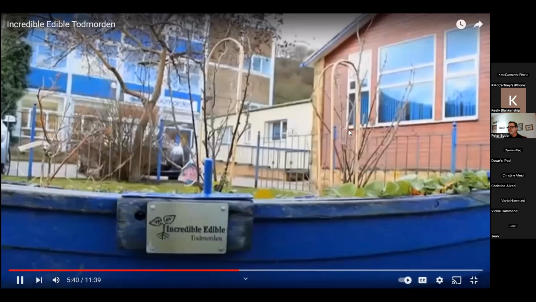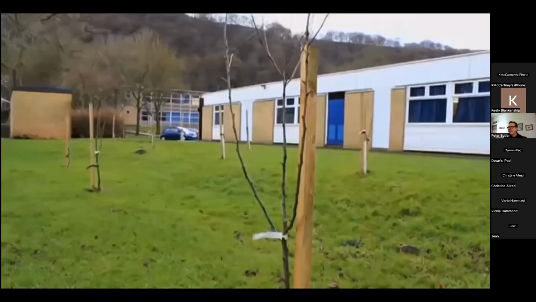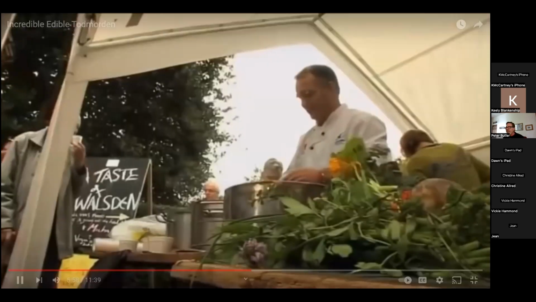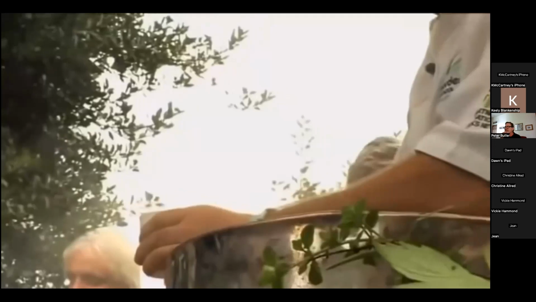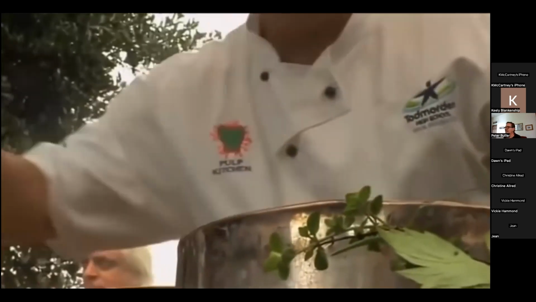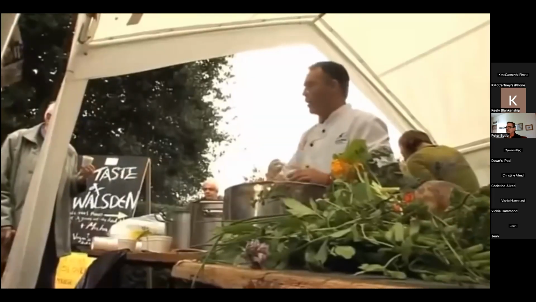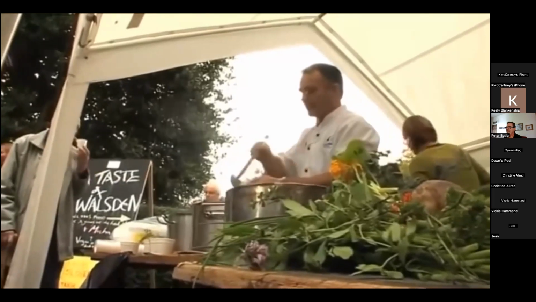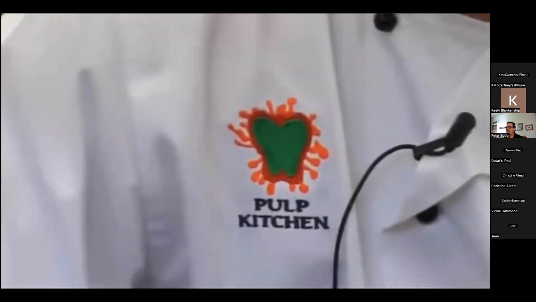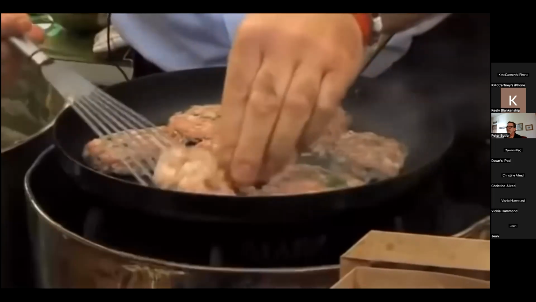We've got growing in every school in Todmorden, so we want to put the living heart of schools and children's education to be about food, food production, the economy, the soil, and all of those things that connect us with our environment. The incredible Edible Todmorden's Tony Mulgrew is part of a life-changing initiative at Todmorden High School. He hopes, as school chef, to turn younger members of the community onto the idea of sustainable local food.